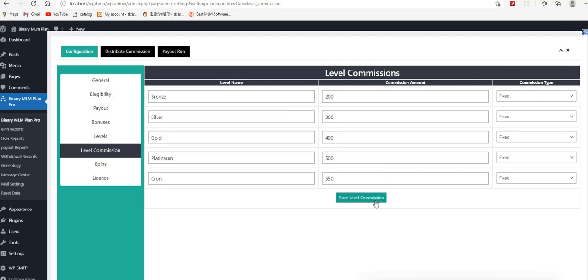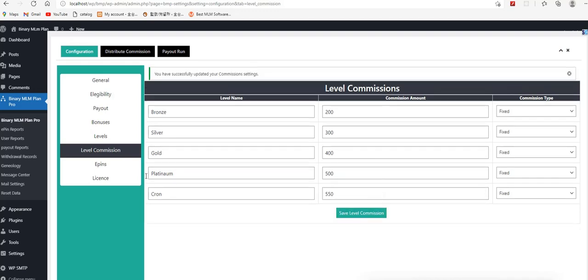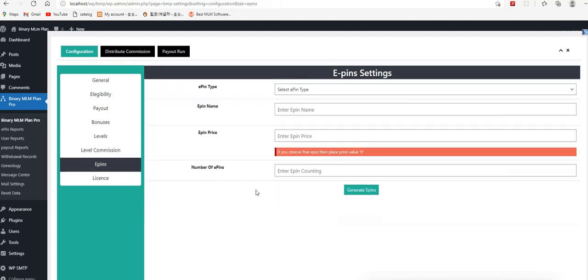Now I am coming to the EPIN section. Let me explain about the EPIN. EPIN is the term or functionality by which we can get the amount from the members as cash or by check, and we provide the EPIN, with whatever number of digits we consider in the settings, 8 digits, 10 digits.